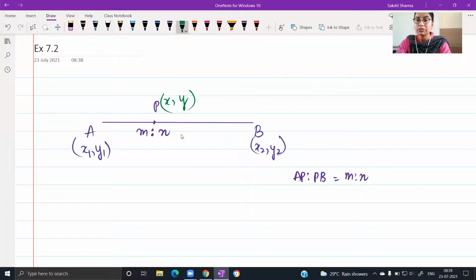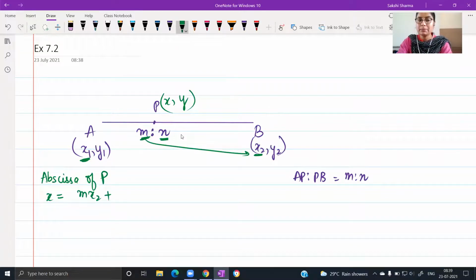ये जो coordinates हैं तीनों points के और ये जो ratio है, there is a relation that exists between these, and we can use it in case any of these is missing. So for the abscissa, that is X, you have to take the ratios and solve by writing down the cross multiplication thing. थोड़ा सा इस तरह से बनता है. So with M, remember we are looking at only the abscissa, so you have to use these values and the ratio. So M multiplied with X2 plus N multiplied with X1. In the denominator, you will have M plus N.